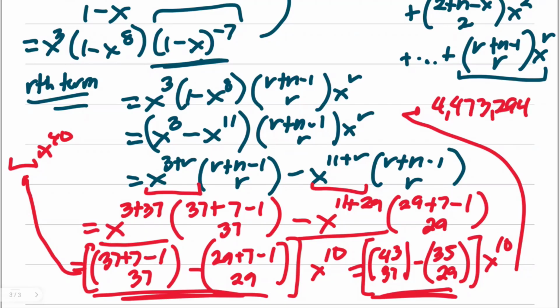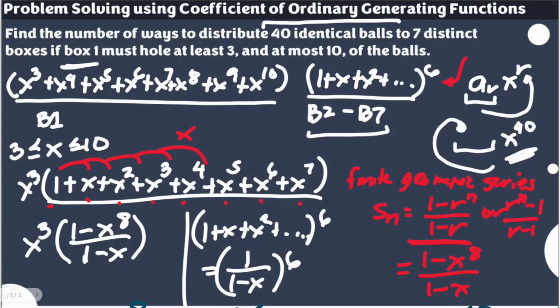4,473,294 for x to the, sorry, this is x to the power of 40, my bad. For x to the power of 40, and this means the number of ways to distribute 40 identical balls to 7 boxes, where there is a restriction for box 1 that it should hold at least 3 and at most 10 of the balls. So again, the answer here is